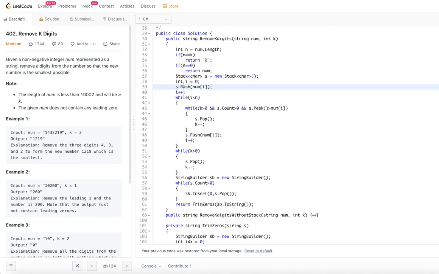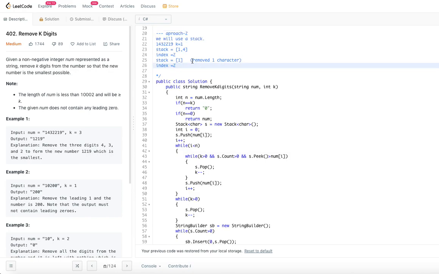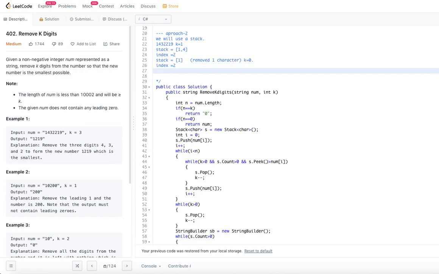So that's what we did previously. When you go back to the example, now the index is 2, we removed 1 character, k is equal to 1, so k became 0 now because of the decrement. So at index 2 the stack is 1, 3.